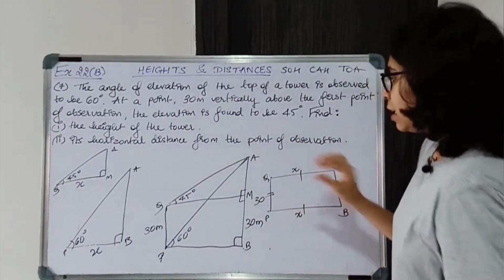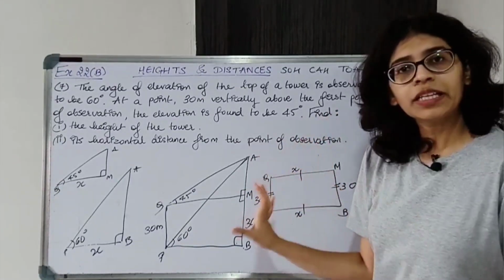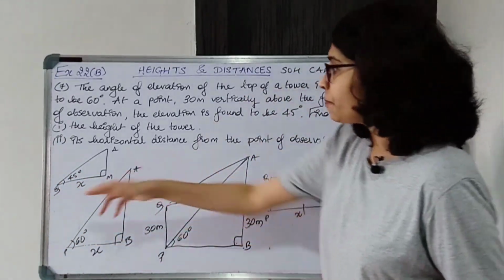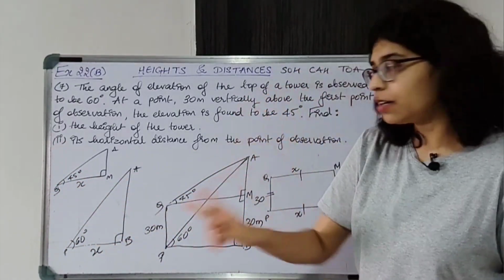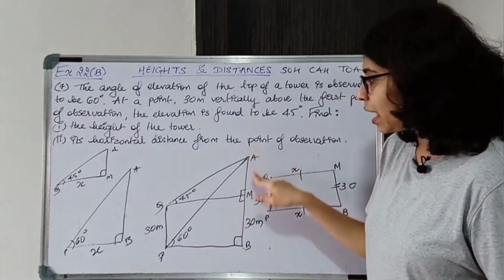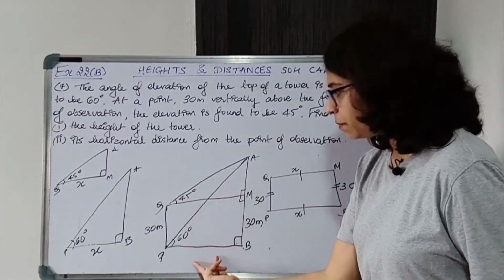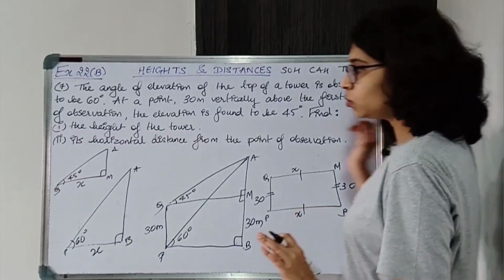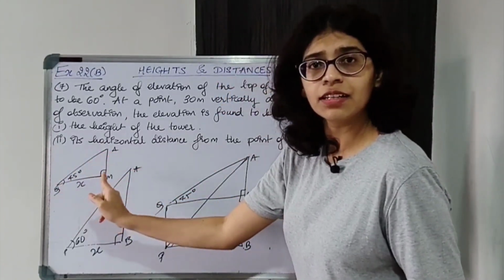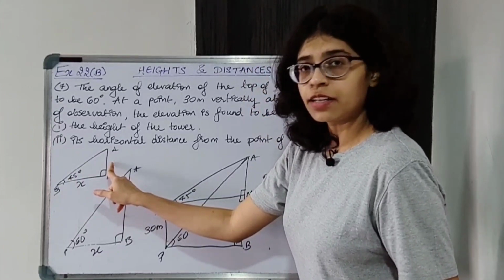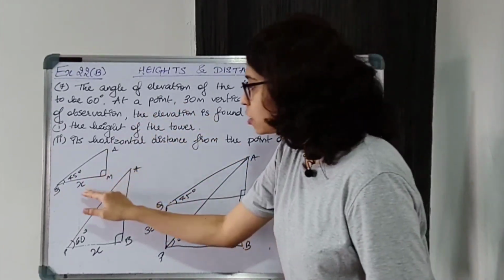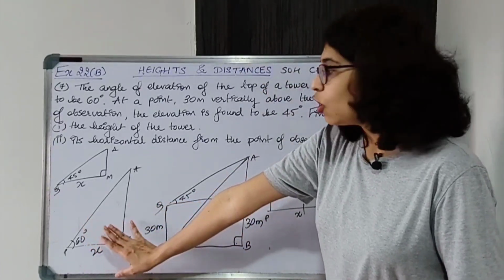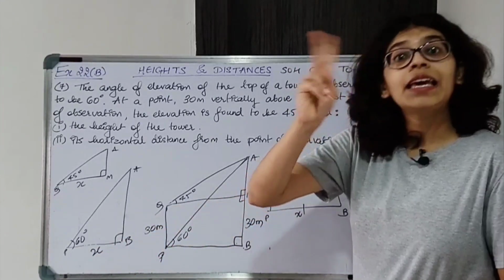All right. We have to find AM, and MB we know. To find AM, if you consider this triangle we don't have information, so what we'll do, QM and PB are both equal. Observe both the triangles ABP and AMQ. QM and PB are both opposite sides of the rectangle so both are equal, so we'll assume them to be x. Now from this triangle we have to find the opposite of the angle and we don't know the adjacent either, but opposite and adjacent we will somehow relate. Here also we will relate opposite and adjacent because here the adjacent of both is the same.